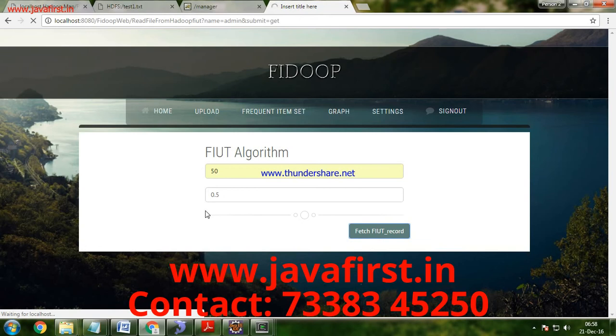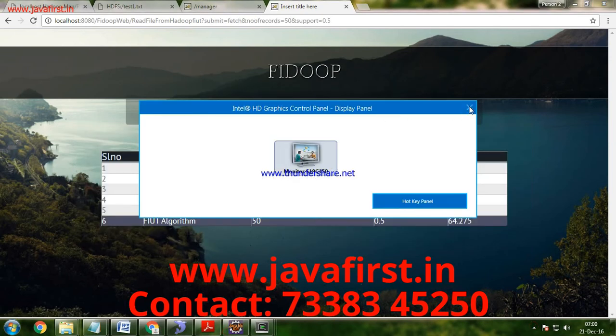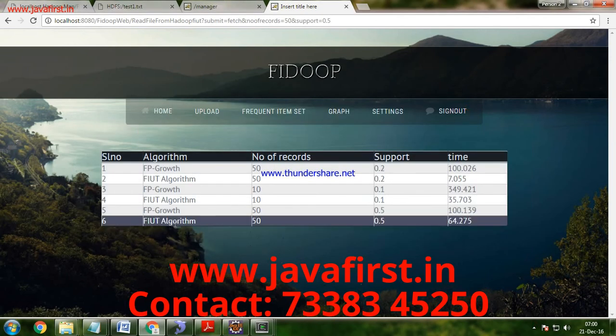It will give more frequent items, and it is also time efficient. Now this is the FIUT algorithm result. It took 64 seconds for the 50 records, and the support is 50%.